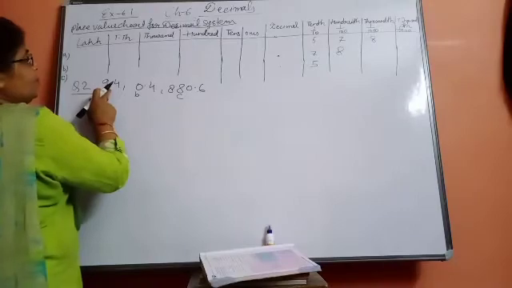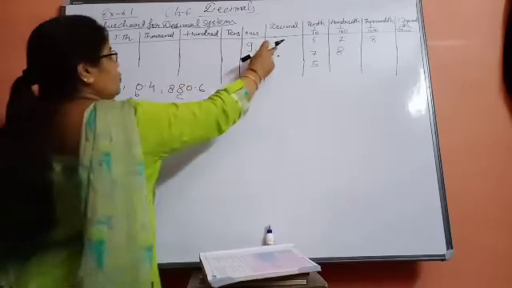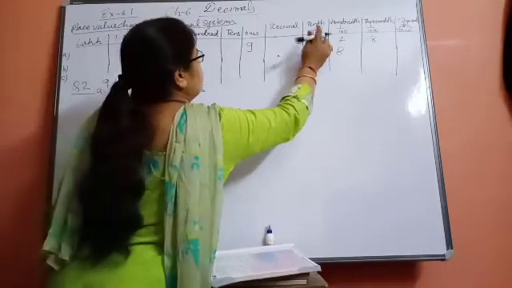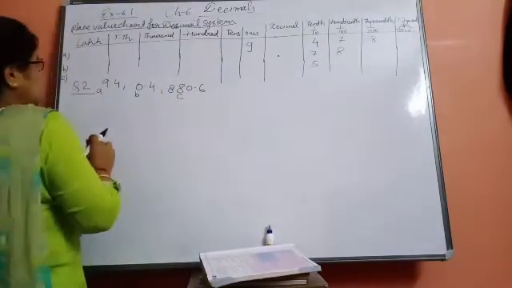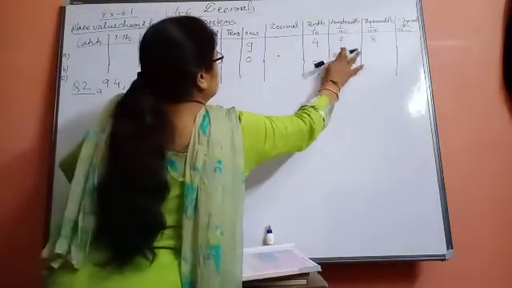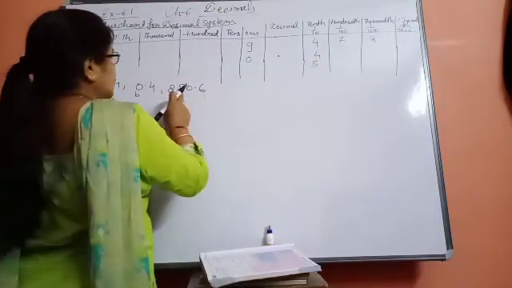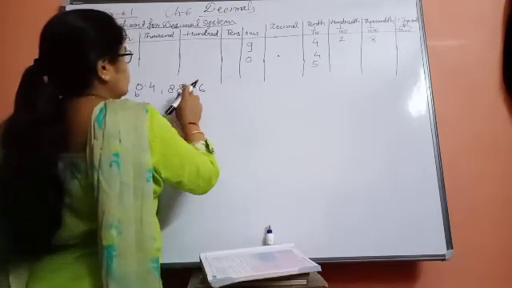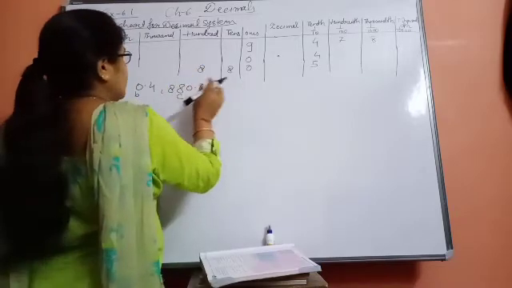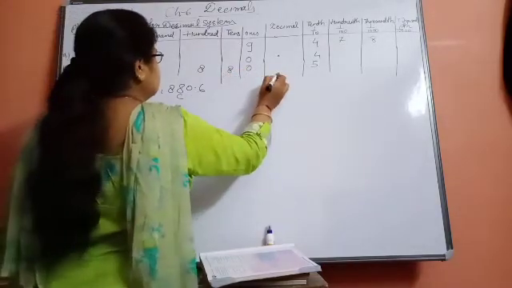9.4 means 9 is the unit, the ones digit. So where will you write that 9? After 9, what is there? The point. Afterwards the first tenth value, what is that? 4. So it will be 9.4. Then 0.4 means the unit place has 0, then the tenth value is 4, so 0.4. Then the C part is 880.6. 880, so the unit place is 0, the tens place is 8 and the hundreds place is 8. Okay, from here we will move. This is the main point. Then afterwards the decimal and then 6.